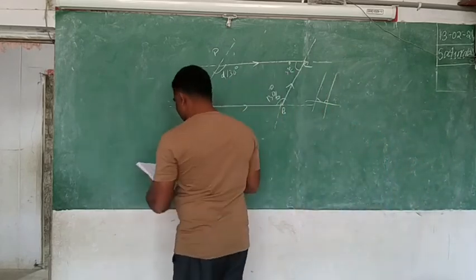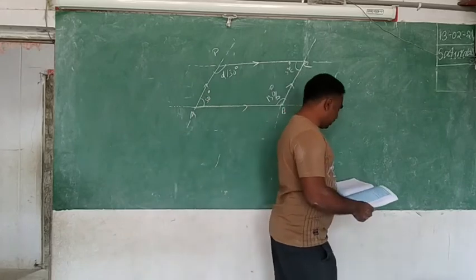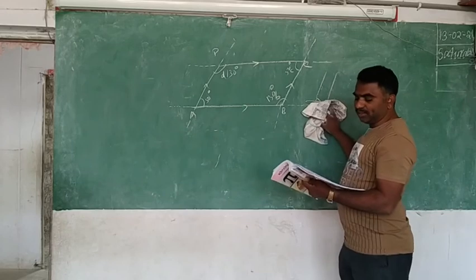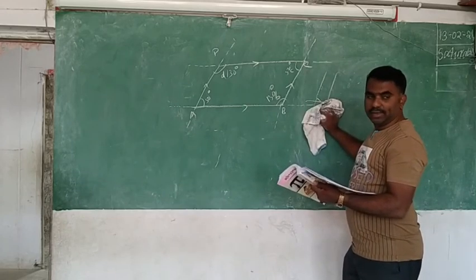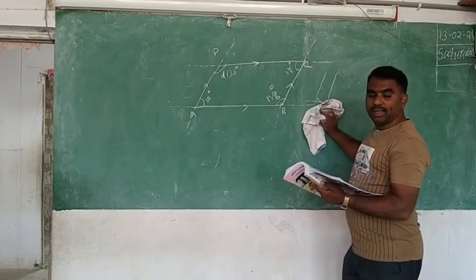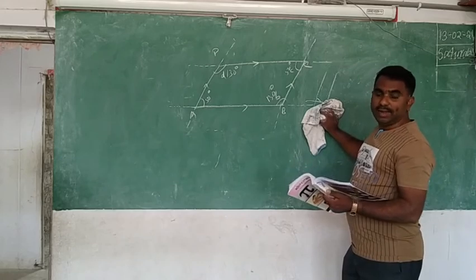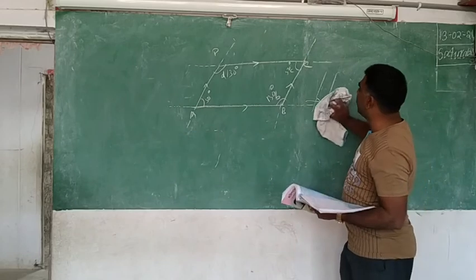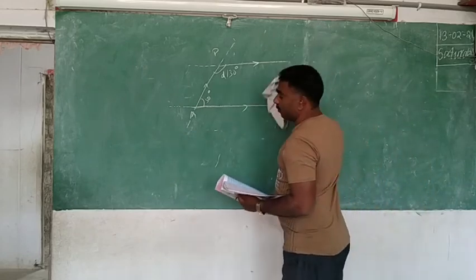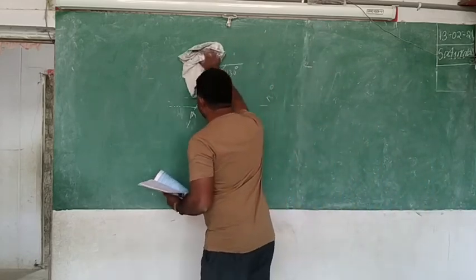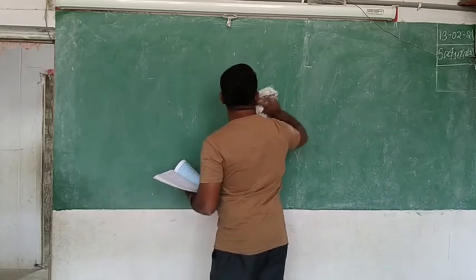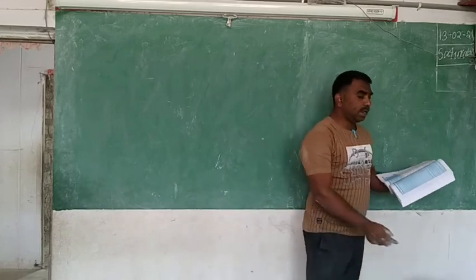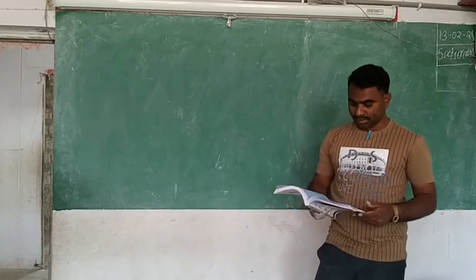Next, question number 5. In the given figure, L and M are intersected by the transversal N. L and M are lines, N is the transversal, and he is asking the question. Some angles are shown there. By using them, you have to say whether L is parallel to M or not. Which angles are given? How are they? Check it. Are L and M parallel or not? You need to check it. Okay, next one.